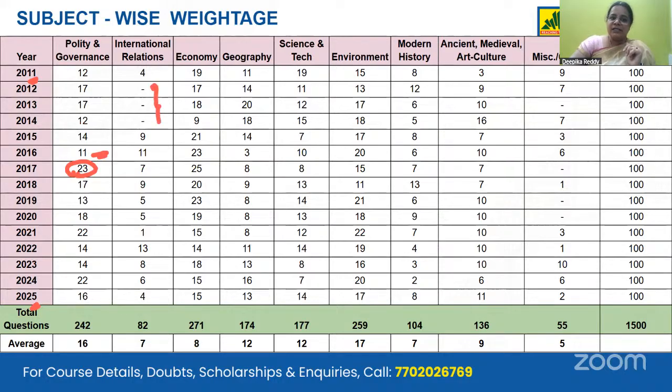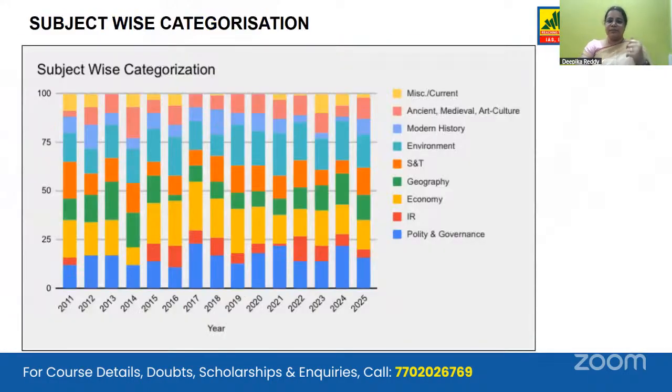Now notice this. IR for 3 consecutive years, there were no questions. So what happens usually is, since there were no questions, students don't prepare well on IR in prelims. Again, the next 2 years, the questions shot up, 9, 11. So this is how it is going to be. The take from this slide is, please do not neglect any area in your syllabus. Every area is important for prelims. Now moving forward, this is subject-wise categorization, the same in a map that in a bar diagram we have given.